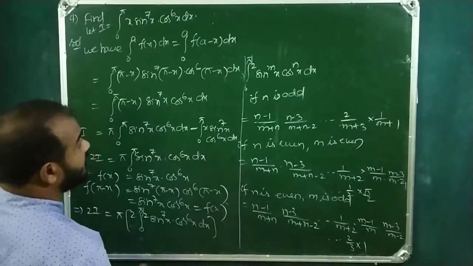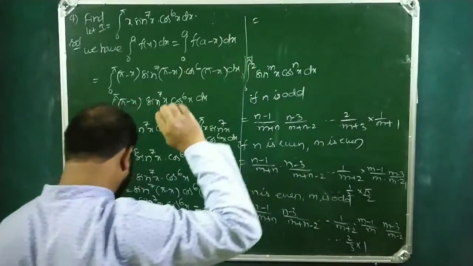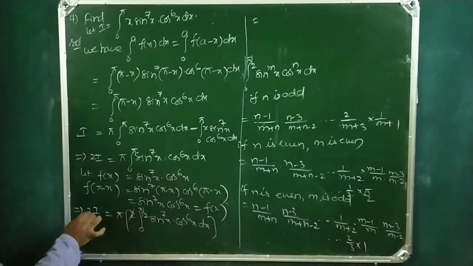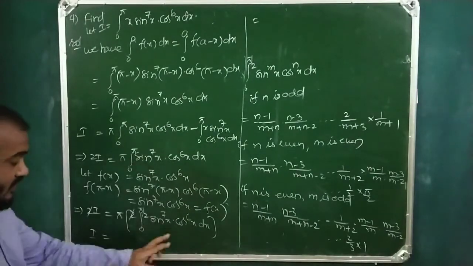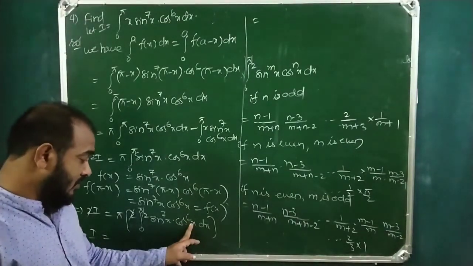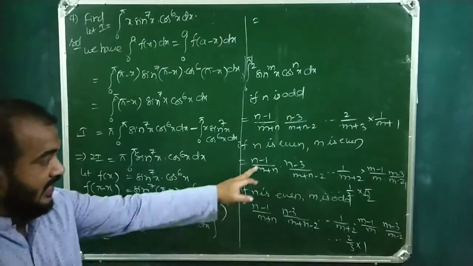So this is in the regular way. This is equals to, 2 gets cancelled. So this I is equals to, so here n is 6, n is even, m is odd,